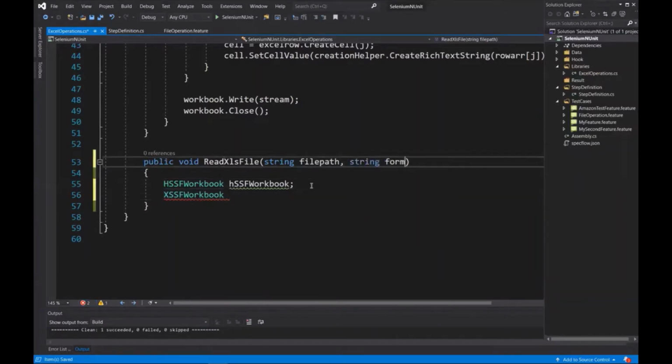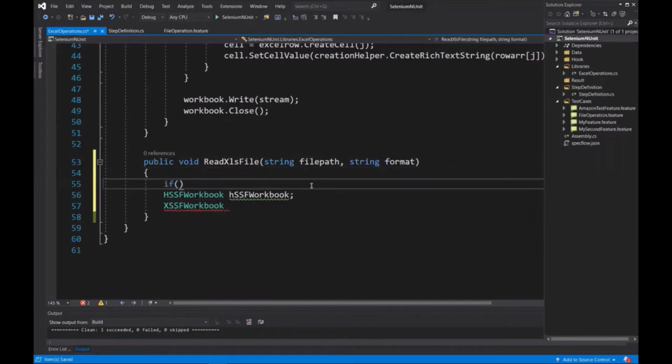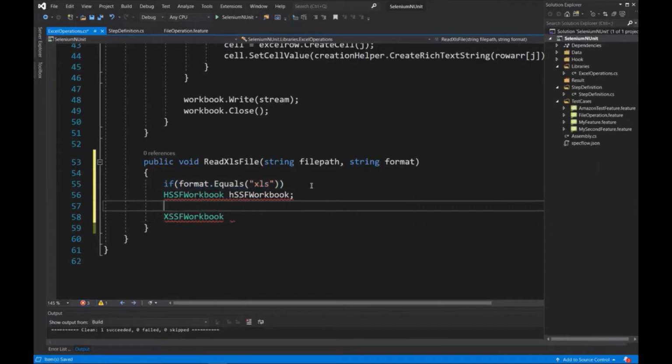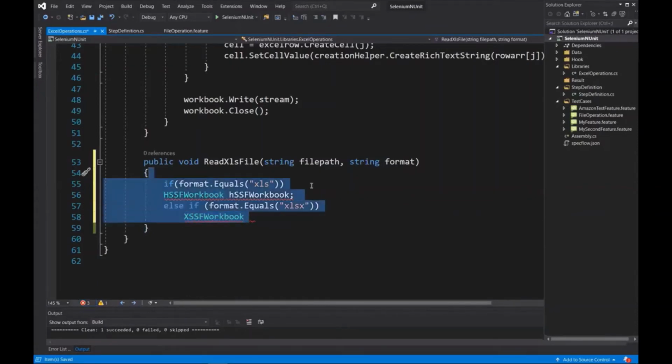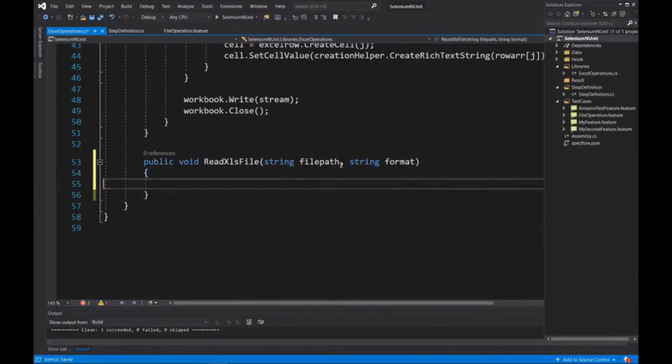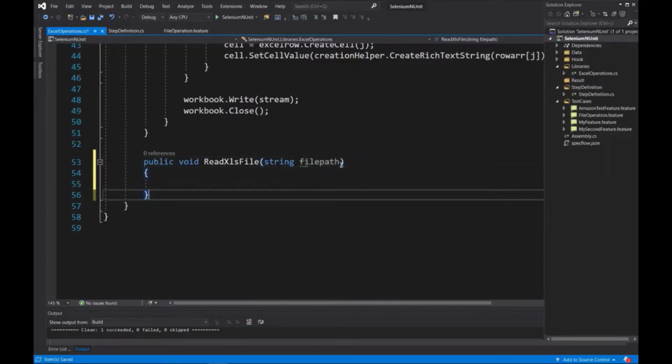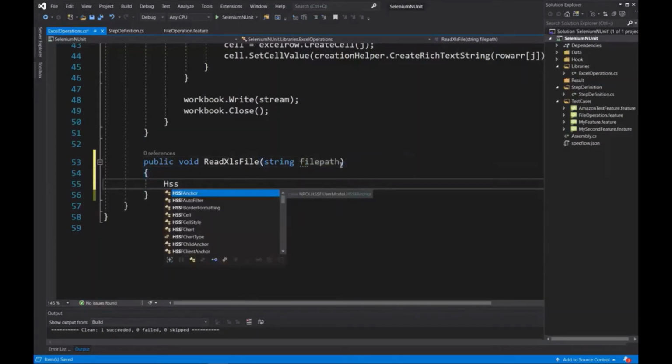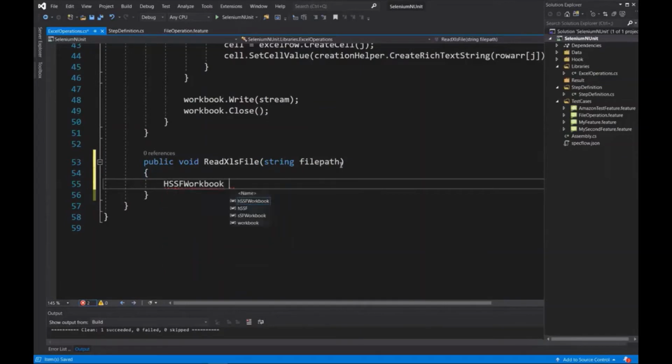Like you can ask the format type in the function argument and can create an if block and look for the format. If it is XLS, then you can create an object of HSSFWorkbook. Else, if it is an XLSX format, then you can create an object of XSSFWorkbook. So currently I'm creating an object of HSSFWorkbook only since I wanted this function to read an XLS file.